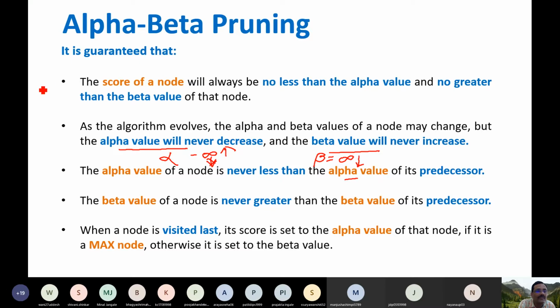That leads to an important statement: the score of a node will always be no less than alpha and no greater than beta.